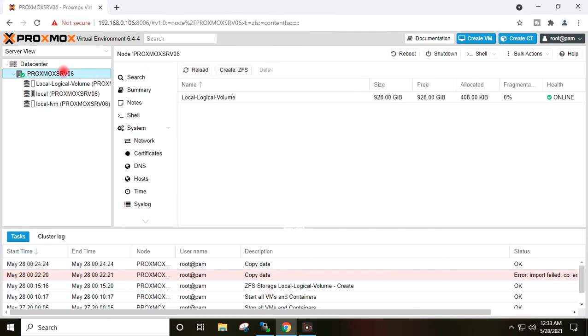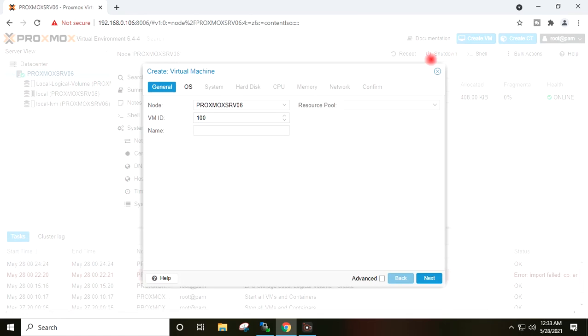I will select the Proxmox server, create VM. This is the VM ID. I will provide here the name for the Windows 10 virtual machine.